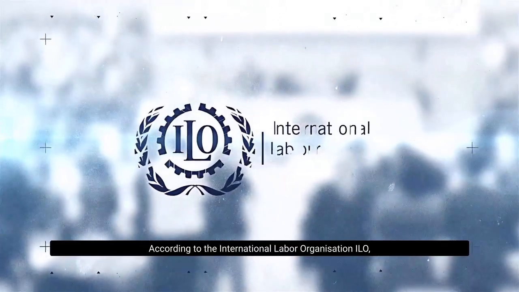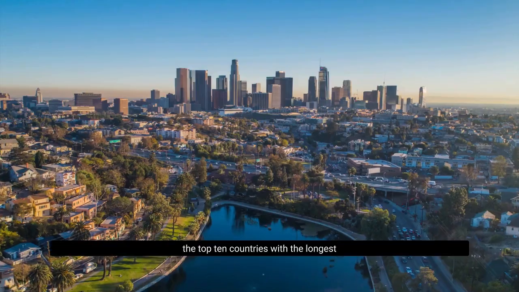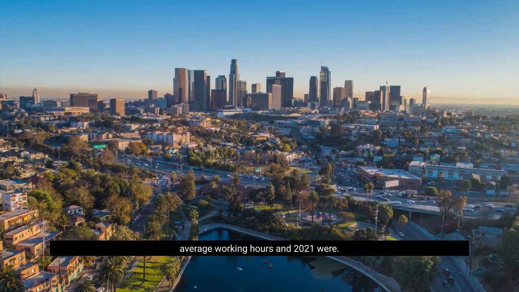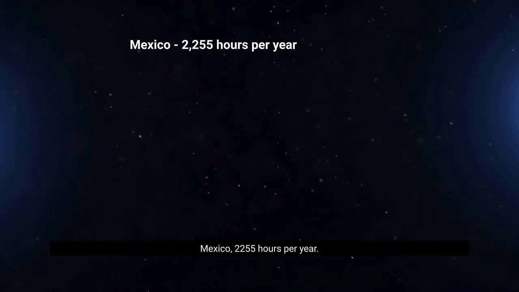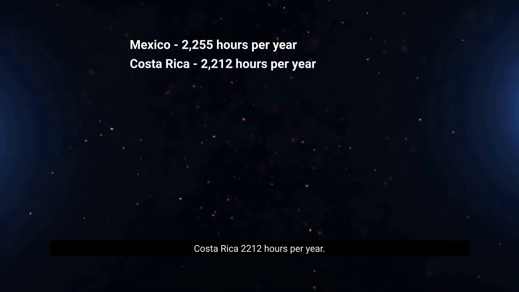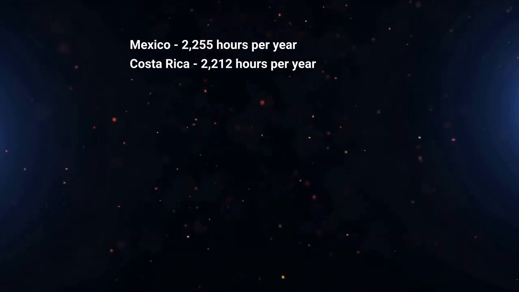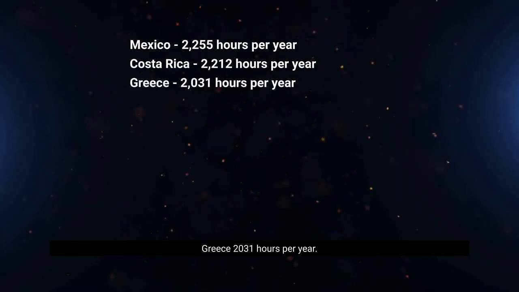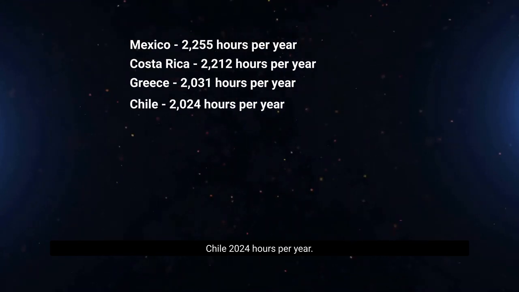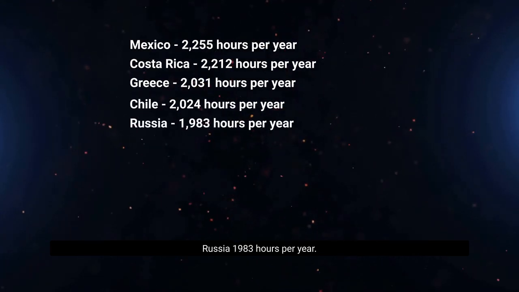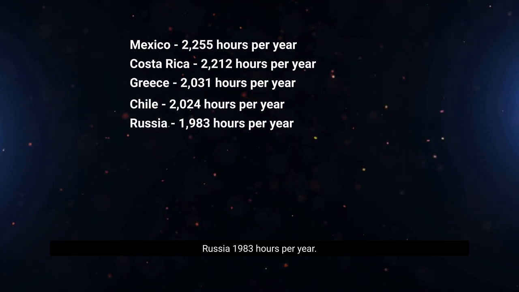According to the International Labor Organization, ILO, the top 10 countries with the longest average working hours in 2021 were Mexico, 2,255 hours per year; Costa Rica, 2,212 hours per year; Greece, 2,031 hours per year; Chile, 2,024 hours per year; Russia, 1,983 hours per year;